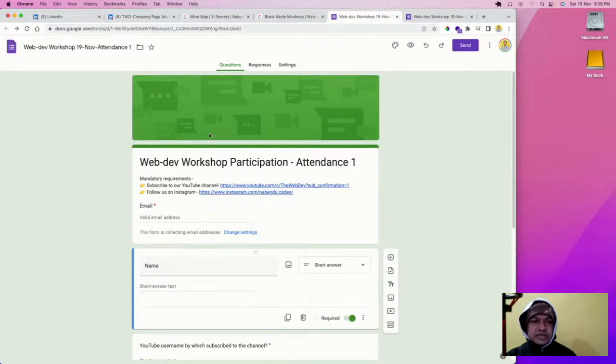All these things are web apps. When we give you this attendance form, it will record everything. You haven't seen the backend, but the backend is very nice. When I send you this and you add your response, we get it in a nice Excel sheet, and everything is recorded. So this is a Google form. This is not a website, this is a web app.